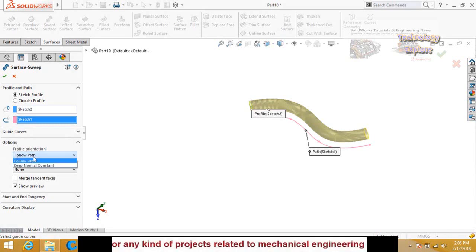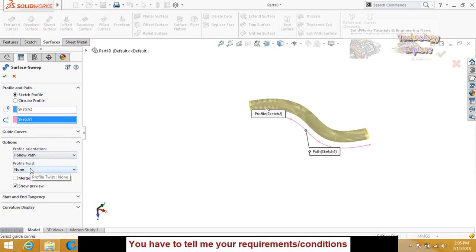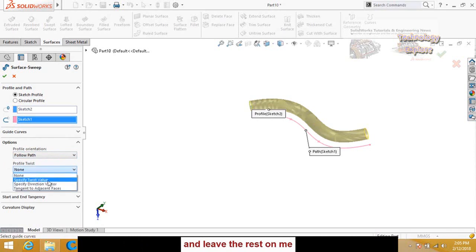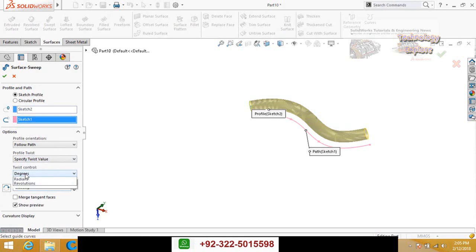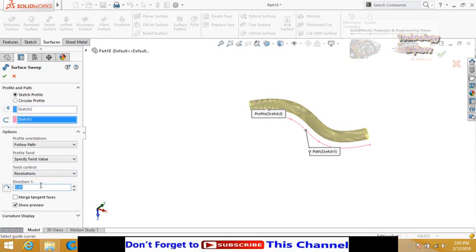So if you want to twist the profile along the path, drop down these options, profile twist, and then from here specify twist value. So select degree, revolution, or your options. So I'm going to select revolutions and type here the number of revolutions.